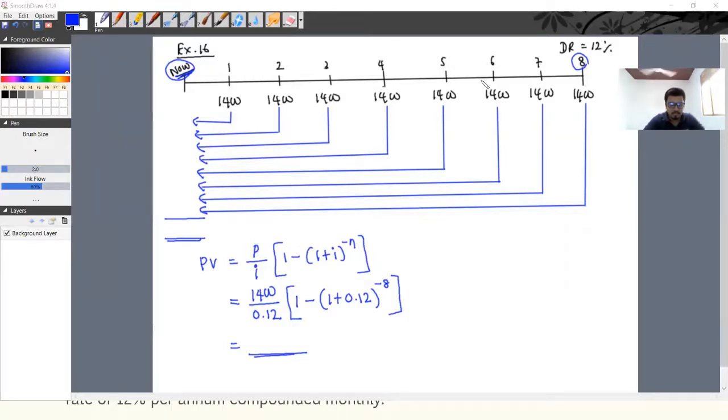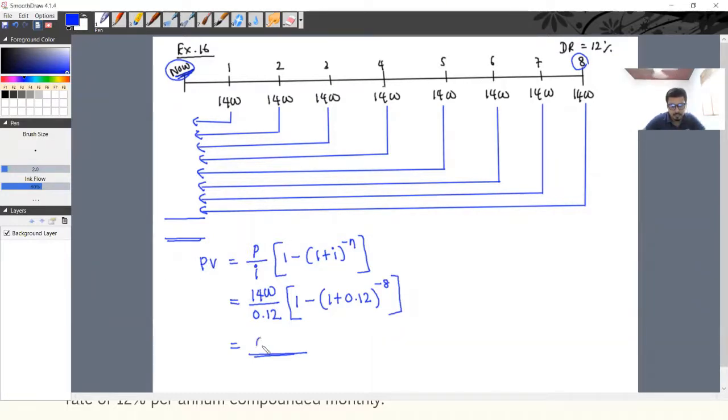1 minus 1.12 to the power, within brackets, I need to give minus 8. Then equals, into 1,400 divided by 0.1. Yes,